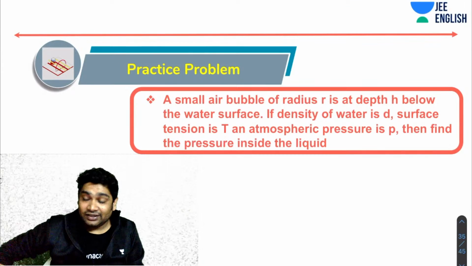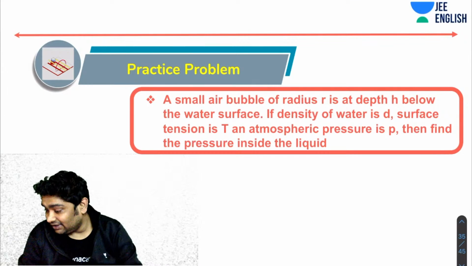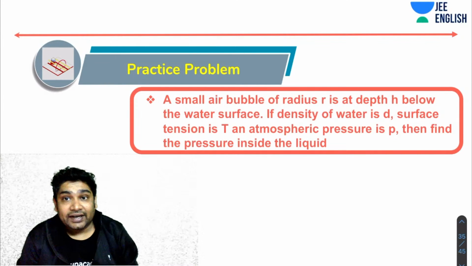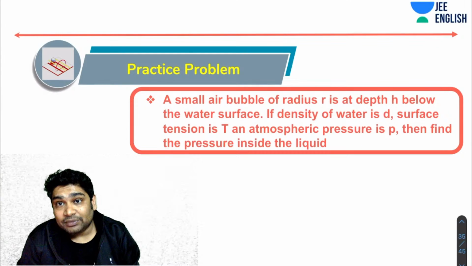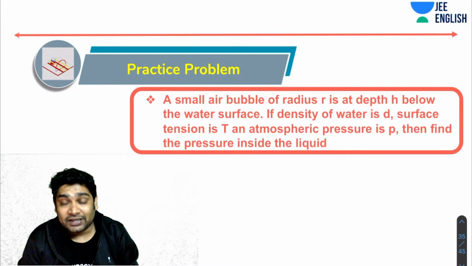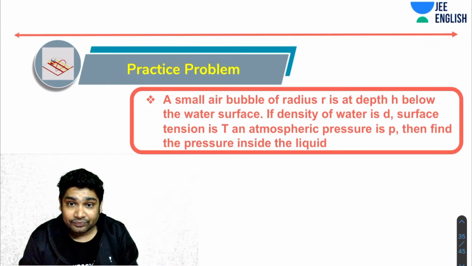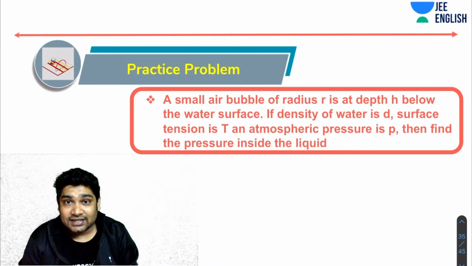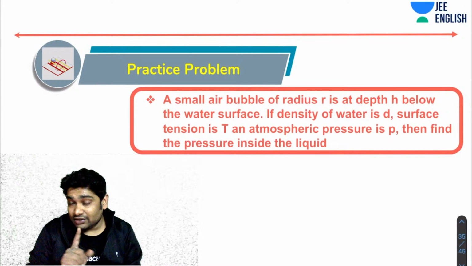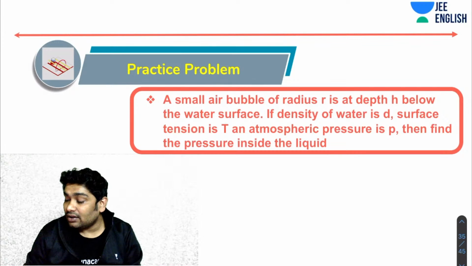ऑलराइट, एक और करते हैं फिर, एक और प्रॉब्लम प्रैक्टिस करते हैं जरा। आपको बोल दिया स्मॉल एयर बबल of radius small r is at a depth h below the water surface. If the density of water is d, the surface tension is T, and the atmospheric pressure is P, then find the pressure inside the liquid. Again, very simple. Now, please note यहाँ पे small air bubble बोला है,